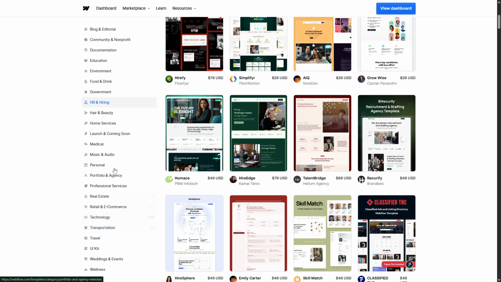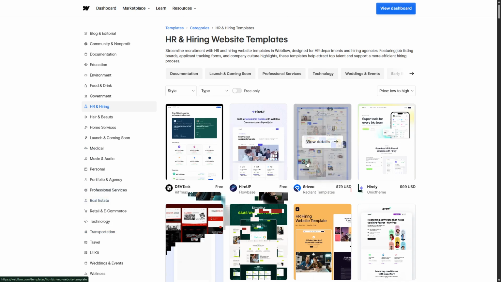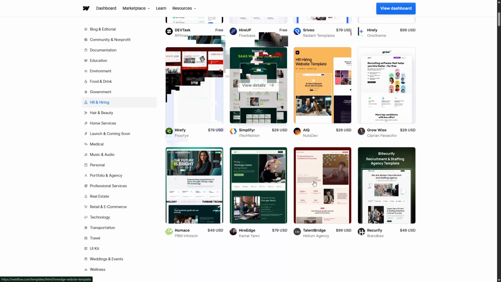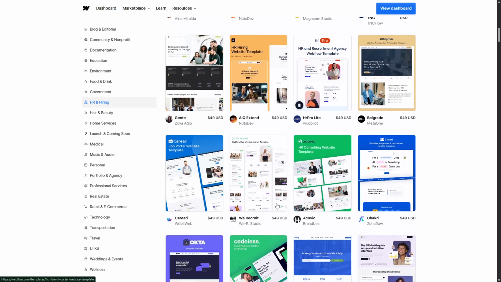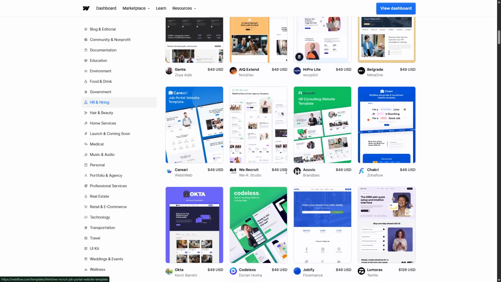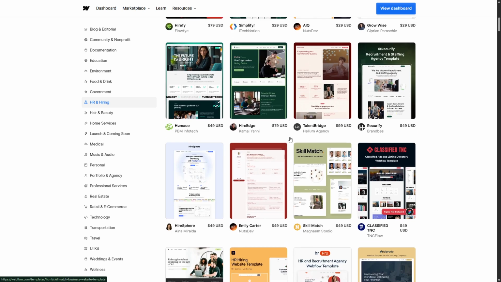Before making any decisions, be sure to preview paid templates. By previewing, you can see the template in action in your browser, and it will give you a feel of how your intended website will look. Seeing a live demonstration of the template can help you make a well-informed decision about whether it aligns with your